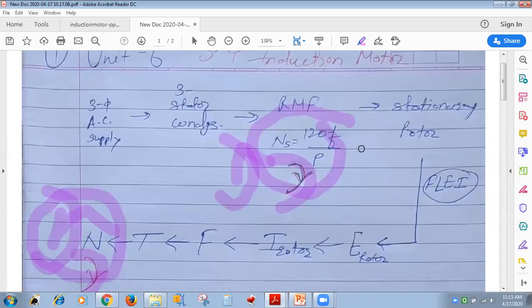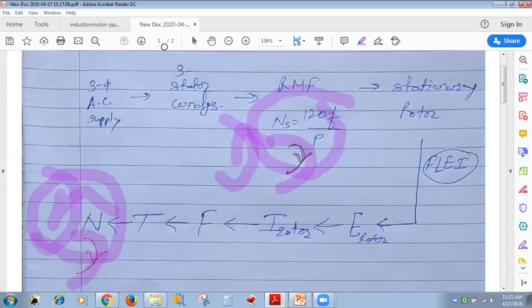Induction motor works on the same principle as a transformer. Only in a transformer, primary and secondary both are stationary, but in this three-phase induction motor you can consider the stator winding as primary and the rotor winding as secondary. But once EMF gets induced in the rotor winding, current starts to flow and it starts to rotate. Clear? So we are going to finish here.